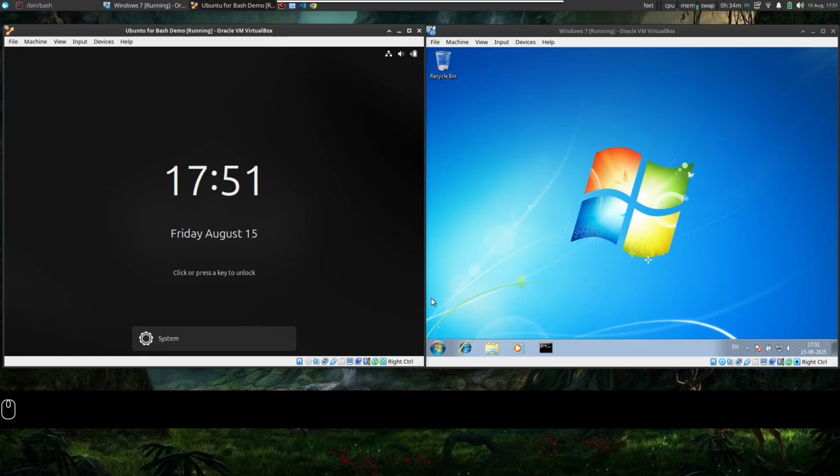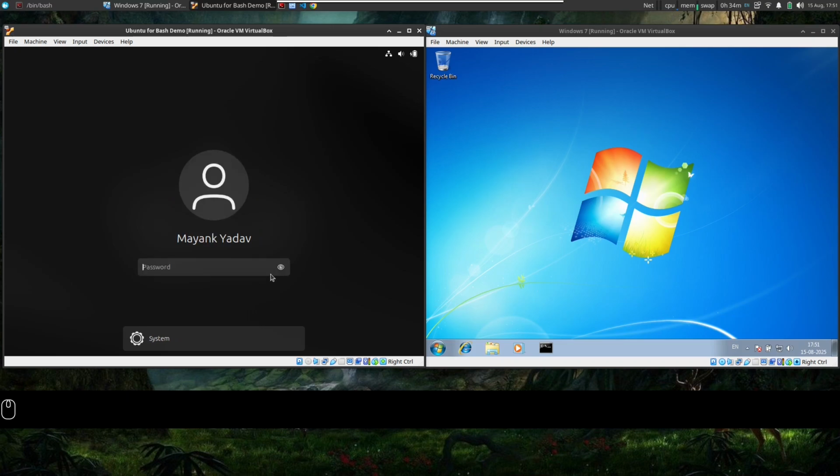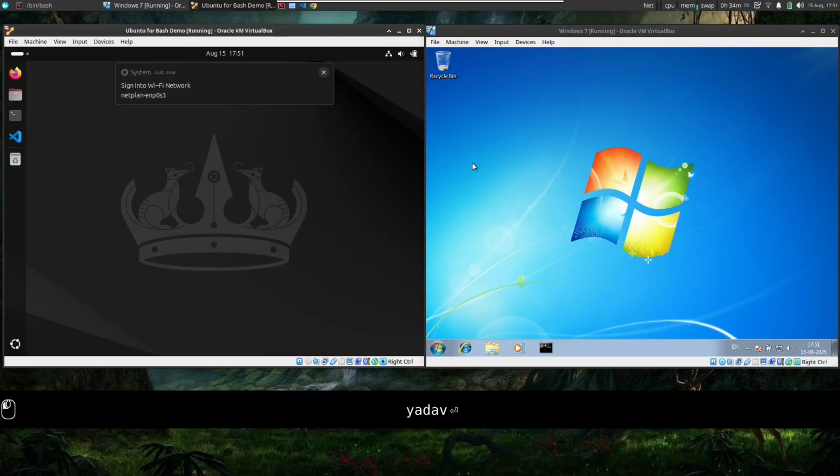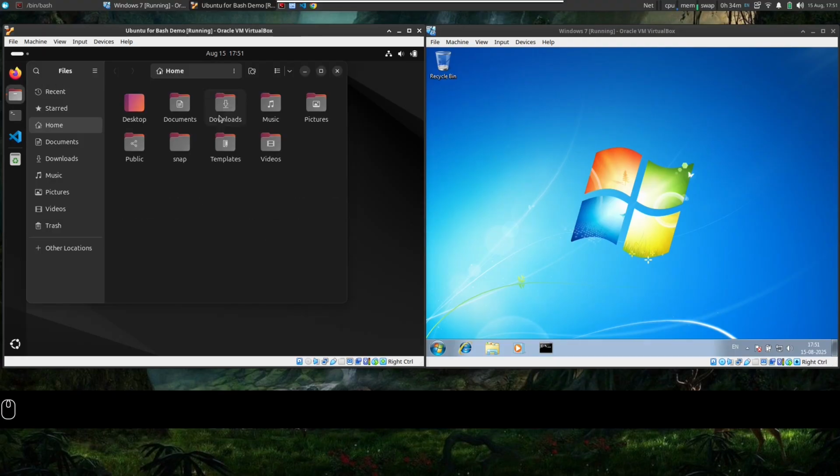So now I will demonstrate the applications of the command line interface. I'll show you the applications in Ubuntu as well as in Windows. On the right hand side we have our Windows machine, on the left we have our Ubuntu machine. I'll be opening a folder.